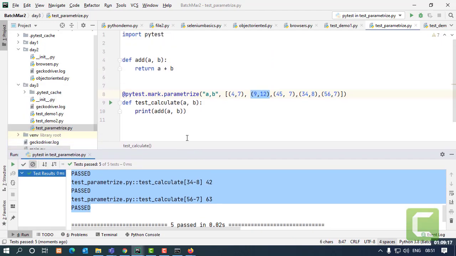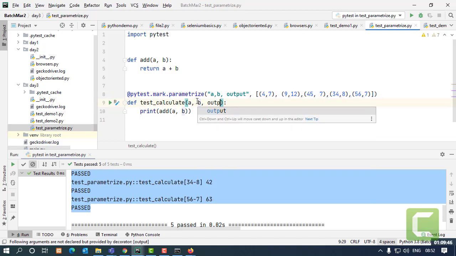Now this is just calculating the value. What if I have to compare whether the value being calculated is right or wrong, so I know what the value is going to be? I will calculate it myself, keep it with me, and compare. So one more parameter I will be passing over here, let's say output, and the same will be passed here as well, output.